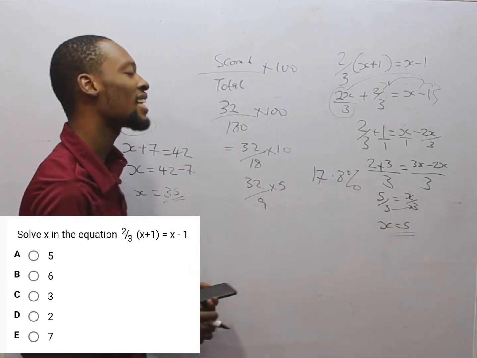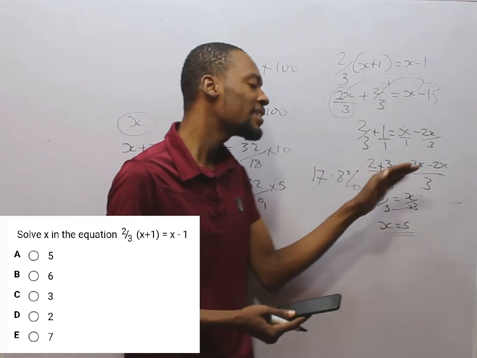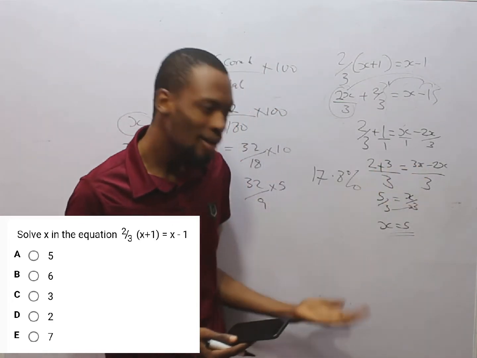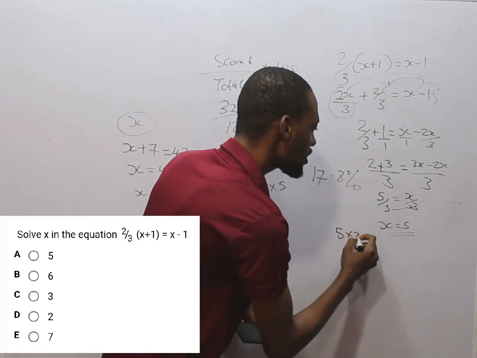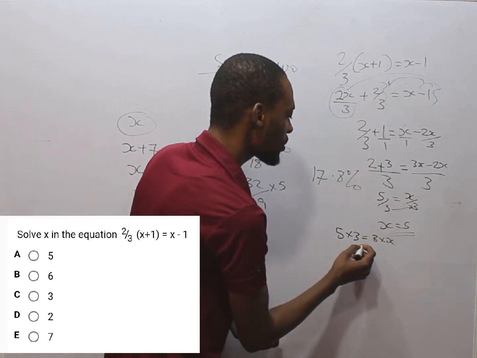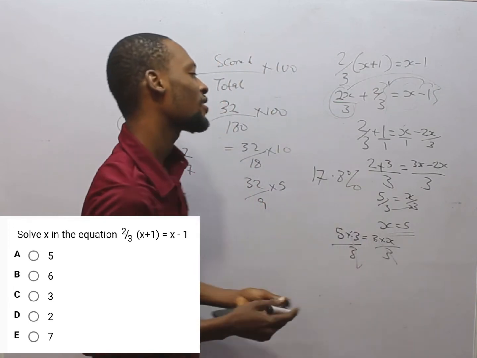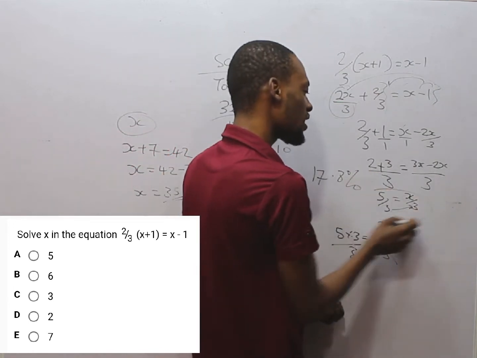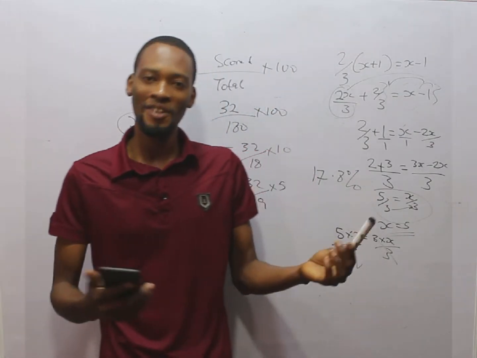When the denominators are the same and an equal sign is separating them, then you equate the numerators. Or you choose to cross multiply to have 5 times 3 equals 3 times S. So divide both sides by 3. S is still 5. So anyhow you are able to solve here, you get S to be 5. That is the correct option.